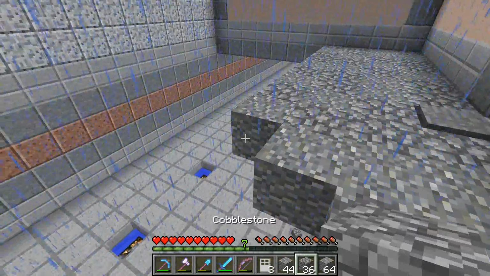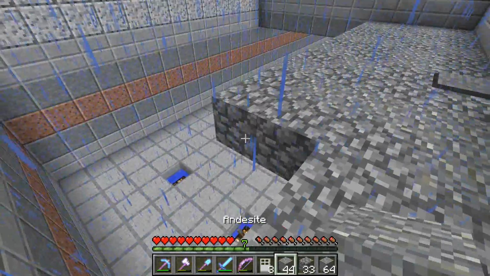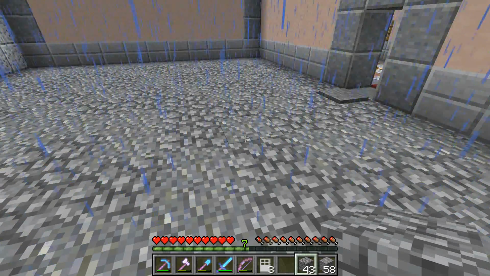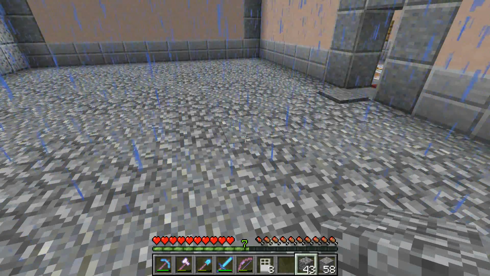So I'm going to go ahead and finish working on this floor, and then I will turn the recording back on for you guys. BAM! Okay, so the reason I'm using unpolished andesite, or just the regular andesite blocks, is because I want this to be a jail cell,